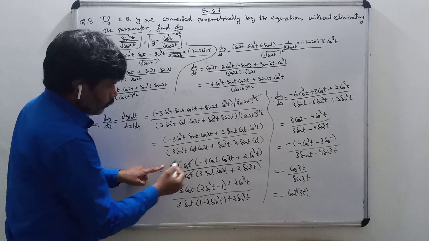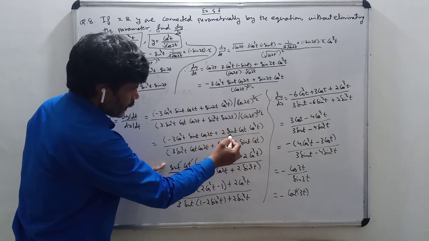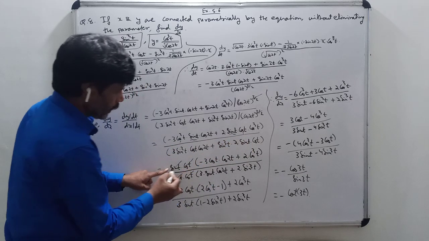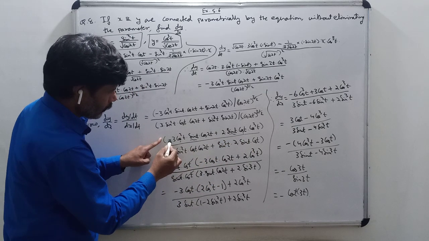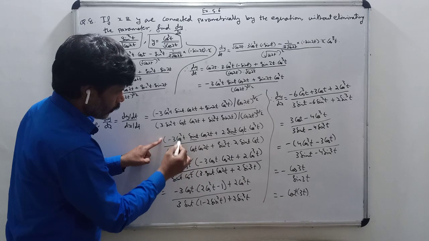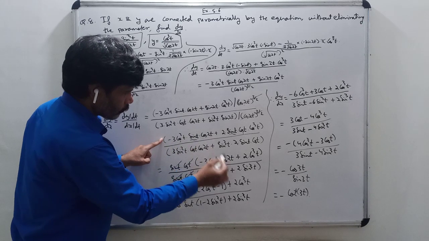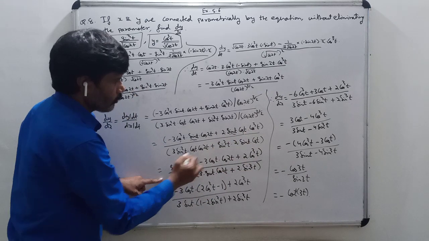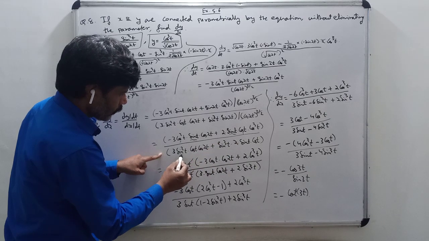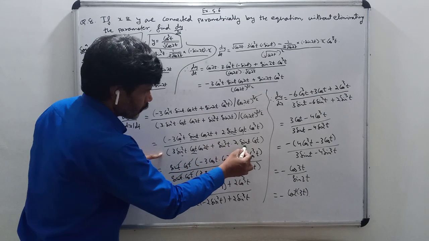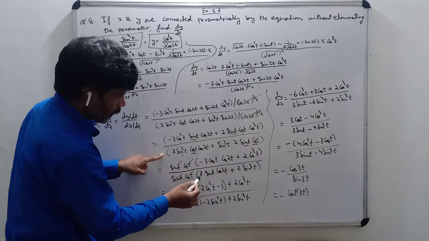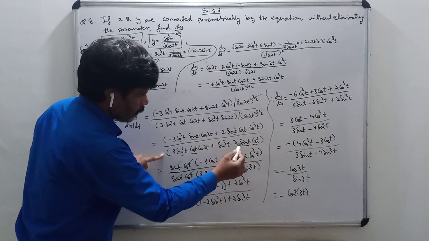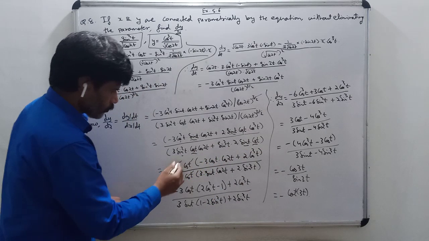Now in the numerator, what is common? Sin t and cos t. One cos t will get here and one cos t here. So when we take sin t cos t out as common, what is left in the bracket in the numerator? Minus 3, 1 cos t has gone outside, so cos t, sin t has gone outside, now cos 2t, plus 2 sin t and cos t common, so cos 2t. Upon, same way, sin t and cos t you take common from the denominator. So 1 sin t has gone, cos t has gone. Okay, so what is left? 3 sin t cos 2t, because cos t is taken common, plus 2 sin cube t, sin t cos t we have taken common. So sin t cos t will get cancelled.